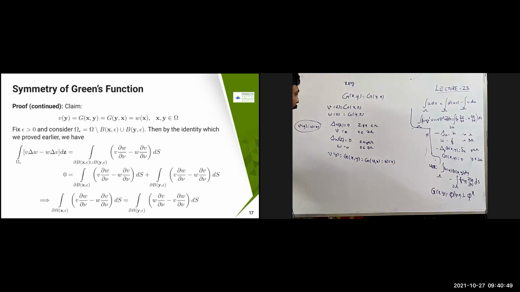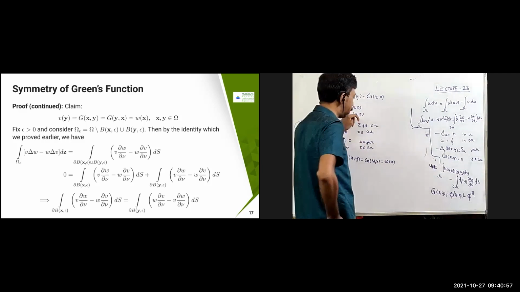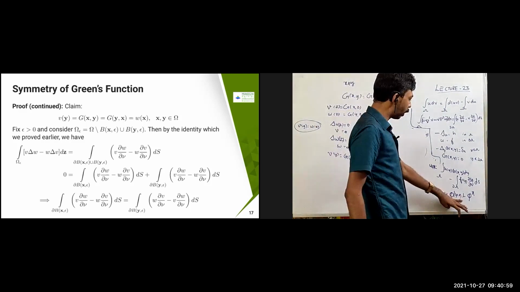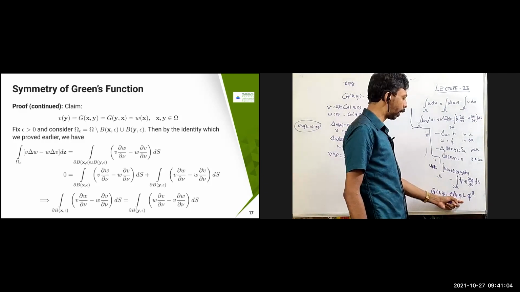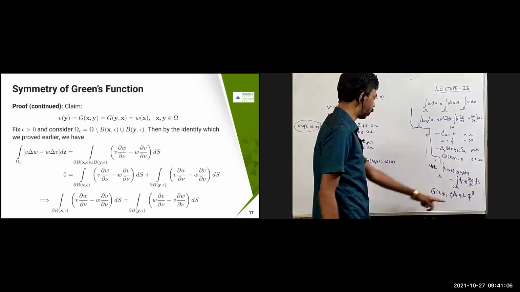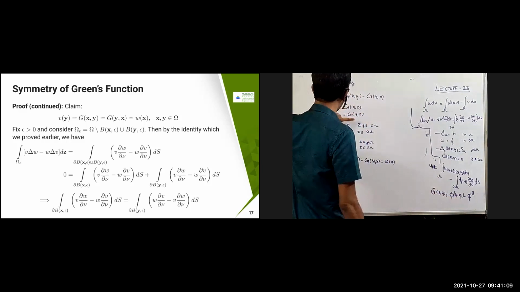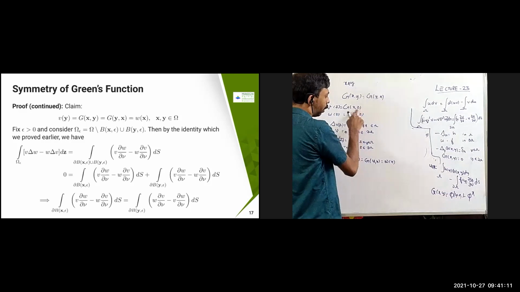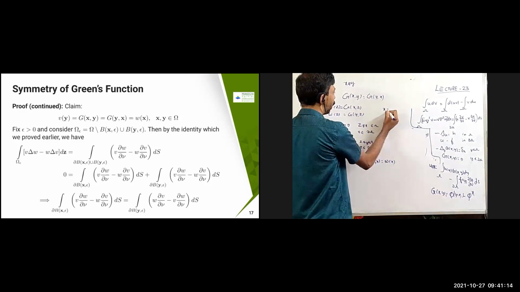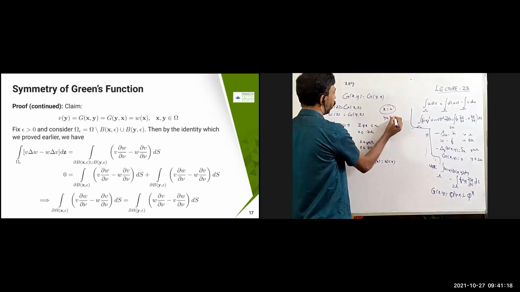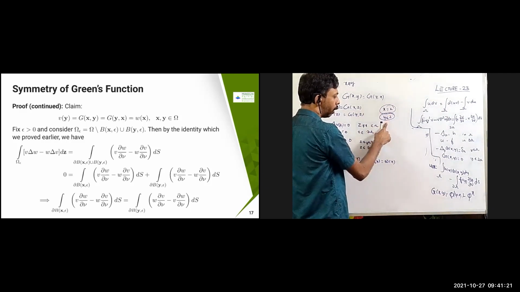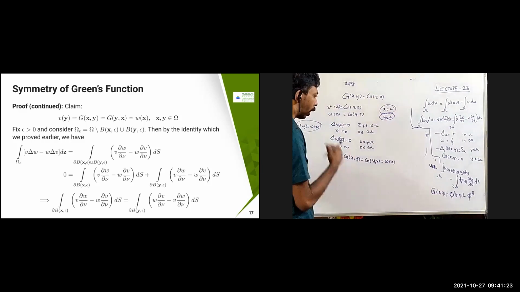Once again, we will get into trouble because x and y are there. So we have z not equal to x, and y belongs to omega. Because in g of x comma z, you are going to have the fundamental solution with pi of y minus x, so you'll get a problem of singularity at y equal to x, and y equal to z. In g of x comma z, when x equals z, you are going to get some trouble. Singularity is going to come. Similarly, in the y equal to z case, you are going to get some problem because the singularity is going to be there.